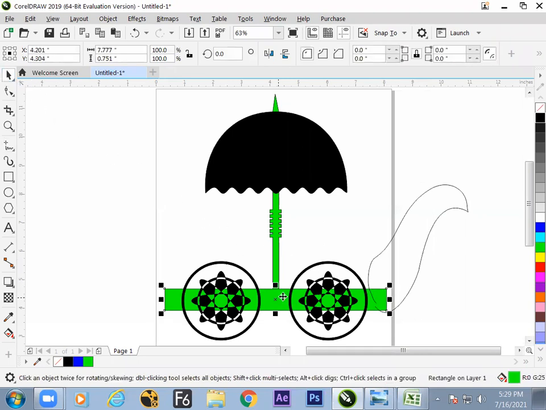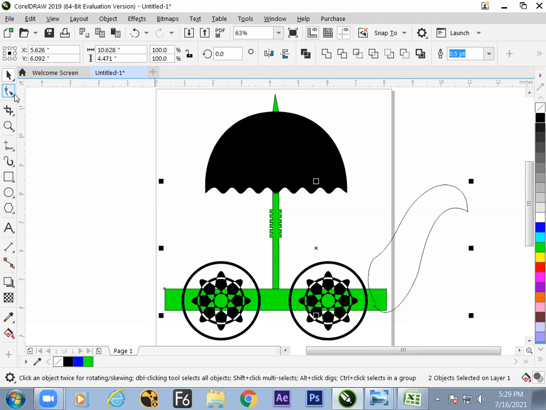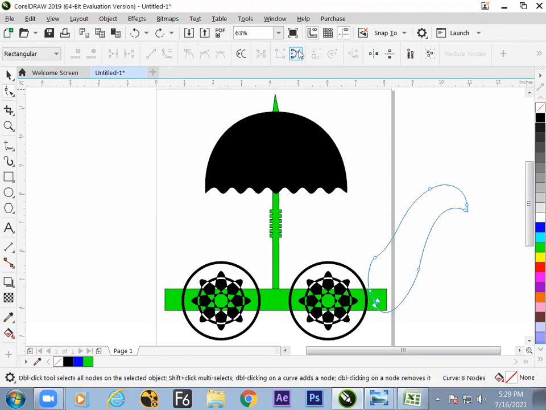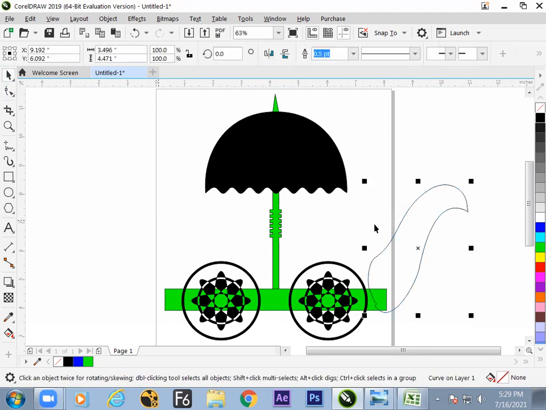Take the shape tool and pick tool and get it welded. Yes, because it is not closed, it may not get closed properly. So select it now because it is closed, get it welded. So hope we have understood how to add the extra steps.